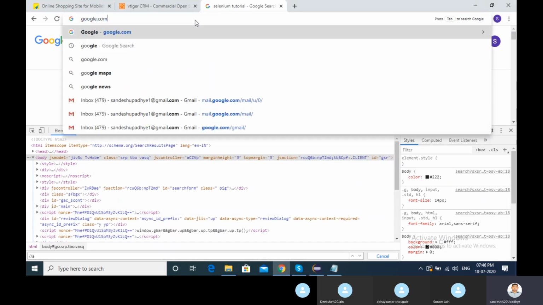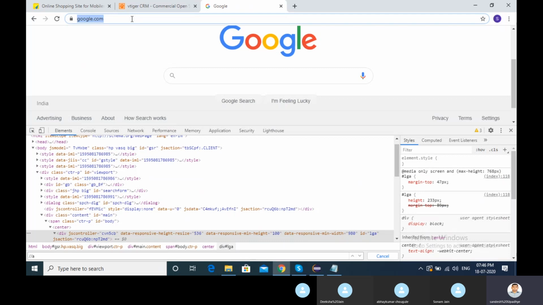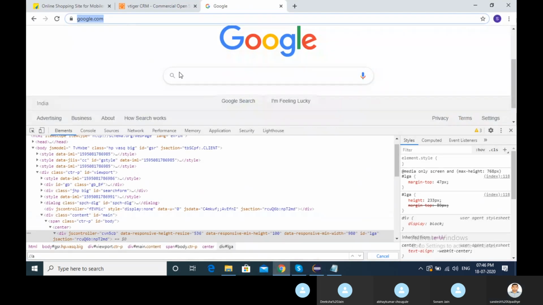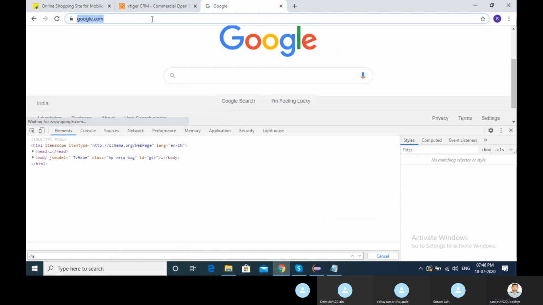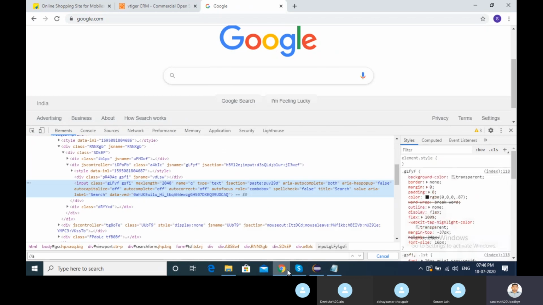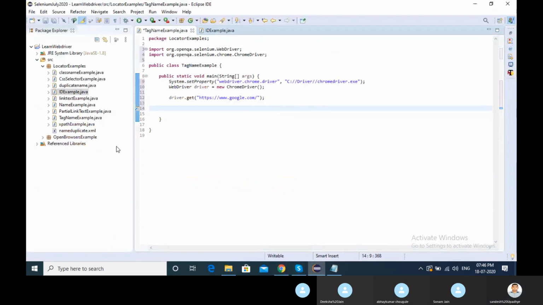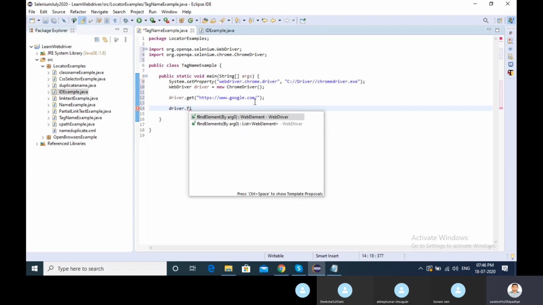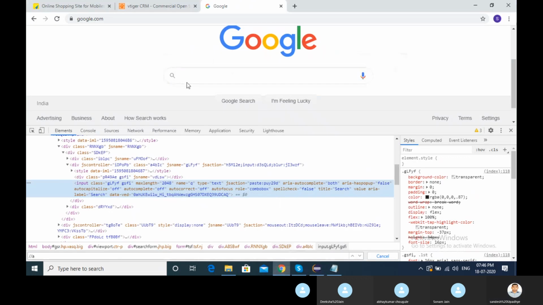Go to Google. Then I want to search these things. If I enter Google, driver dot find element by, what can I choose here?